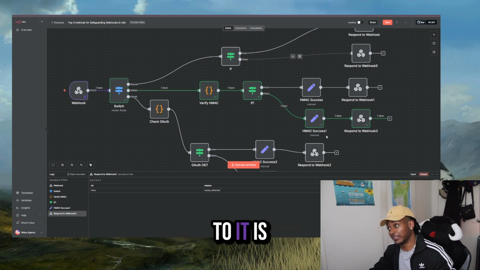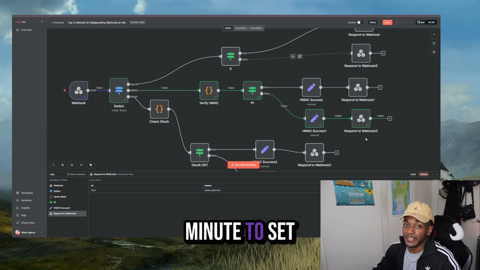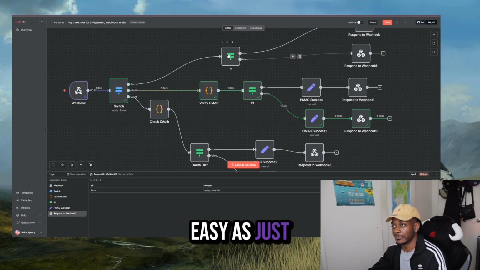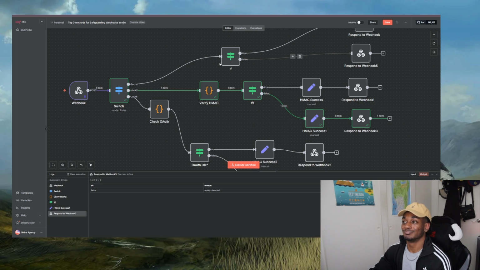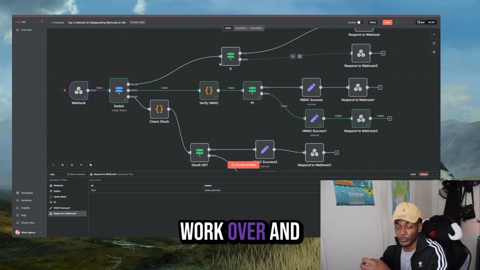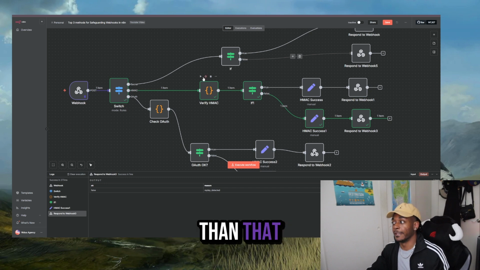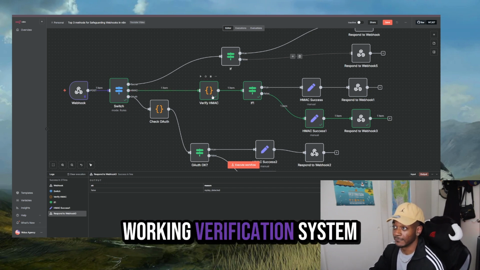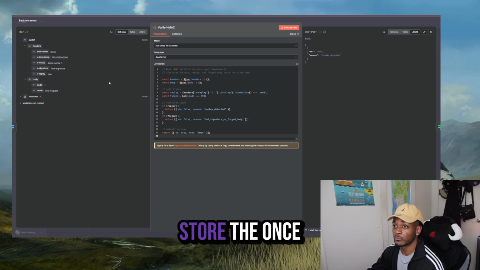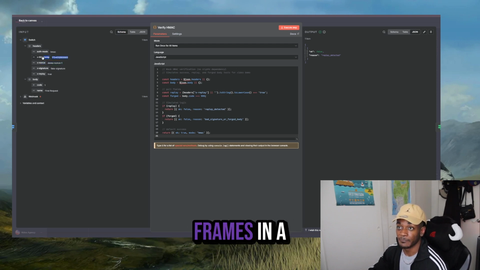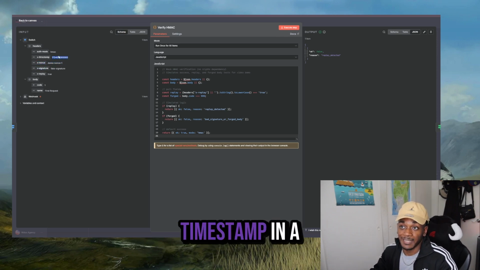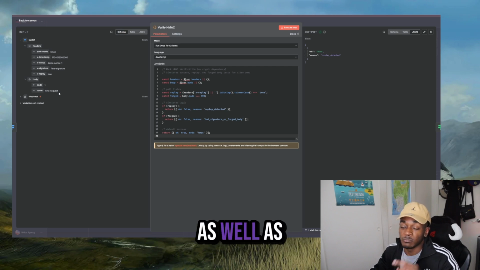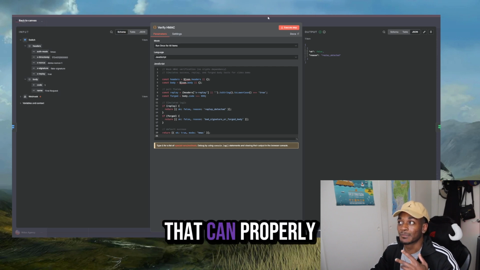Now, the cons to it is, for one, it does take a minute to set up. I'm not going to lie. It's not as easy as just generating an API key and then waiting for that one key to work over and over again. It's more complex than that. There does need to be a working verification system as well. You need to be able to store the nonce and a timestamp in a credible way,